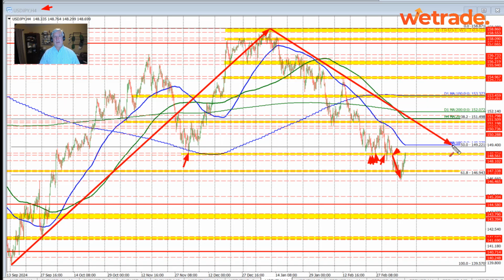50% is always a key level. And also, as you can see, the 100 bar moving average on the 4-hour chart is moving down toward that level as well. So a dual level of resistance will be up there near the 149.25-ish type area on a break of this swing level up to 148.72. It looks like a break above that level, and then we start to look toward the 149.25 level on the top